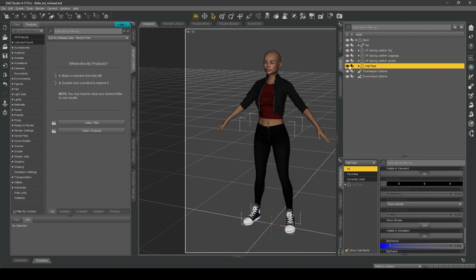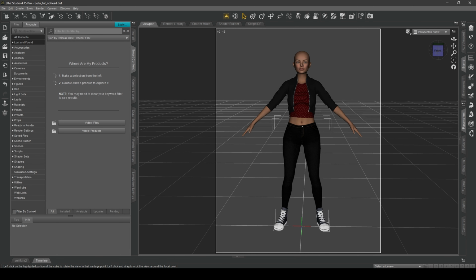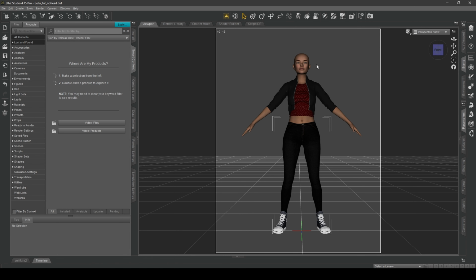Right, so with all our clothing selected, our skin tones done and everything adjusted, all the morphs added that we need, it is time to prepare this character using the geometry tool to export to the engine. So what we're going to do is remove the head, and then underneath these clothes I'm going to remove our torso, and underneath the bottoms I'm going to remove the legs and the feet, because we don't need them. We can't see them. There is no point for that geometry to be there.